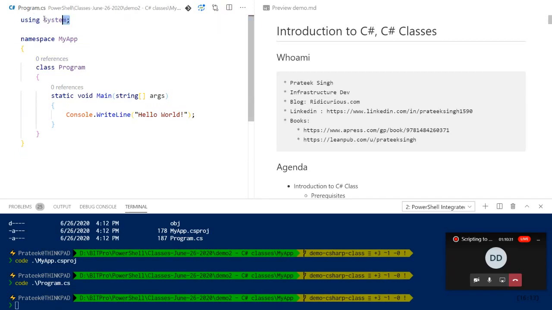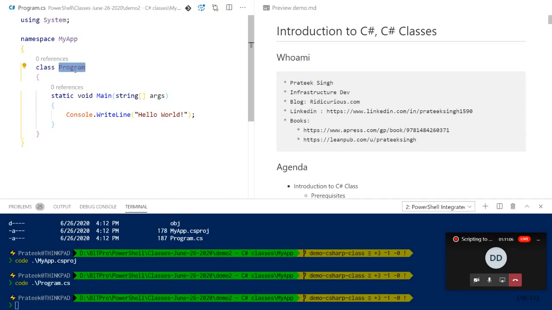So this was using and what it does. After that, you will notice there is something called namespace. We'll discuss this further, but it is just a container which can segregate your code. It is basically used to create a separation and neatly organize your code so that there are fewer conflicts, and you can have classes with the same name in different namespaces. So it helps you categorize your code properly. I have given a name to my namespace, which was just the name of the project we chose,